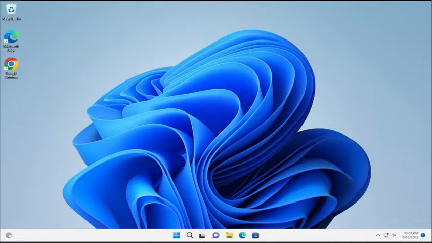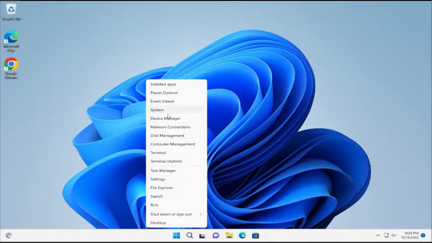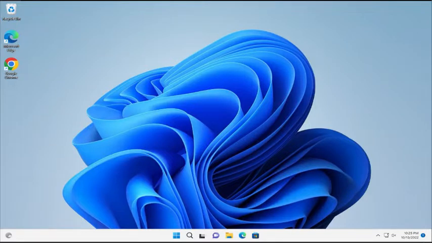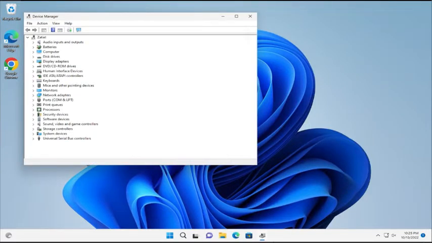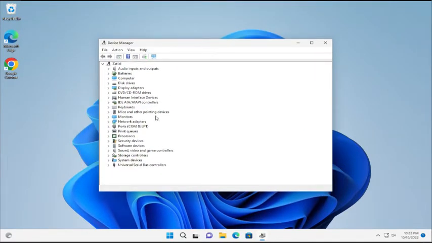In today's tutorial, I'm going to show how to fix the cursor freezes in Windows 11. The first step is to go to the start menu, right click and select Device Manager. In this new window, scroll down and select